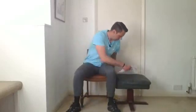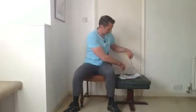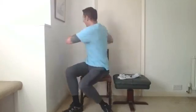Now we're going to start easing off the trunk. First things first, avoid doing this. I've seen some exercises in certain papers where they're informing you to do this, and it's no good. First of all, the muscles in the glutes are the strongest and biggest muscles in the body. Now, if you've got a really, really strong muscle and then you ask it to do something it doesn't want